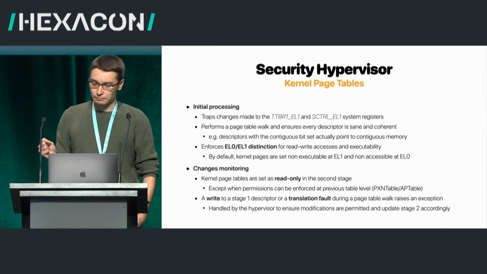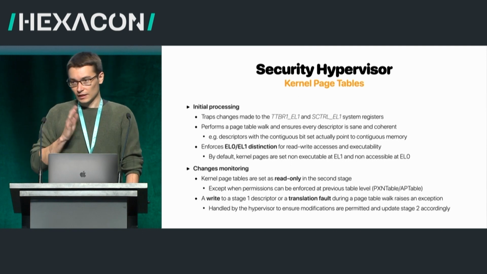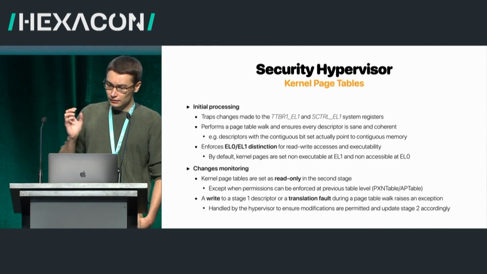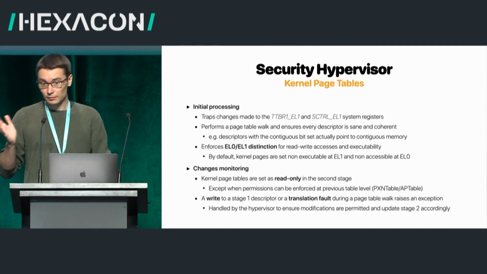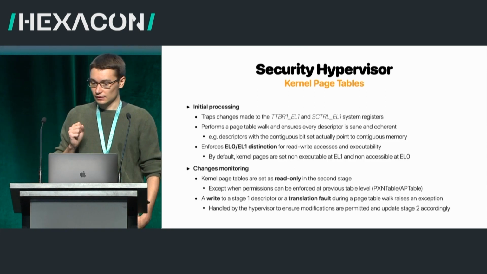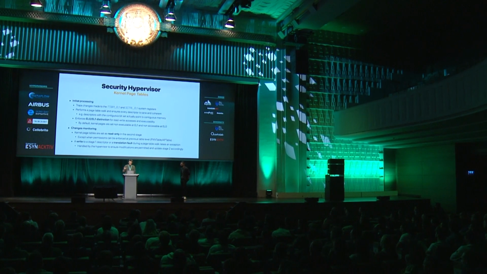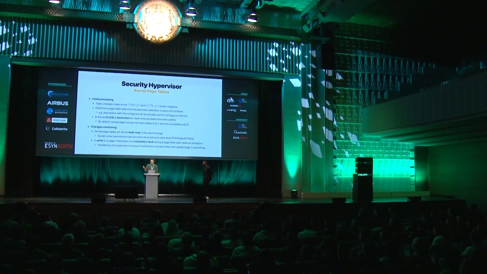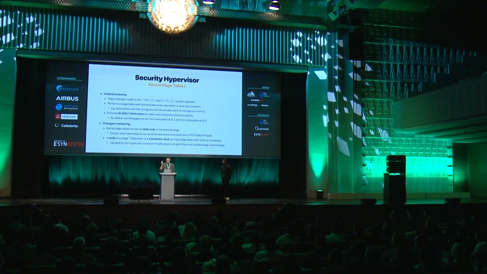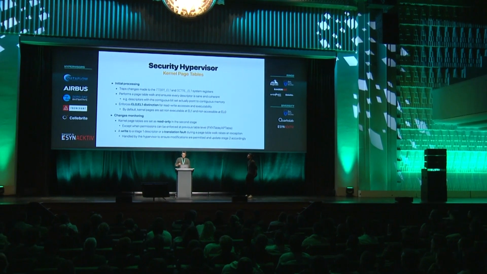Also during this process, it will make all of the regular kernel pages non-executable at EL1 and also not accessible at EL0. The hypervisor also needs to intercept all the changes that are being made to the kernel page tables, and this is done by making them read-only in the second stage, so that when they are written to, an exception is raised,